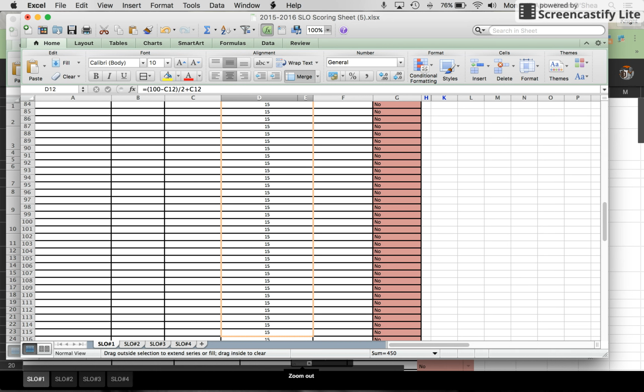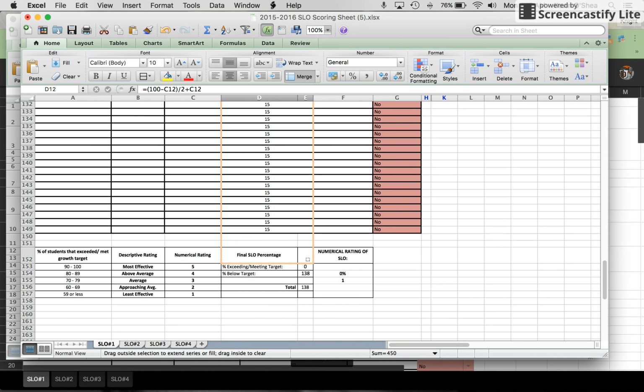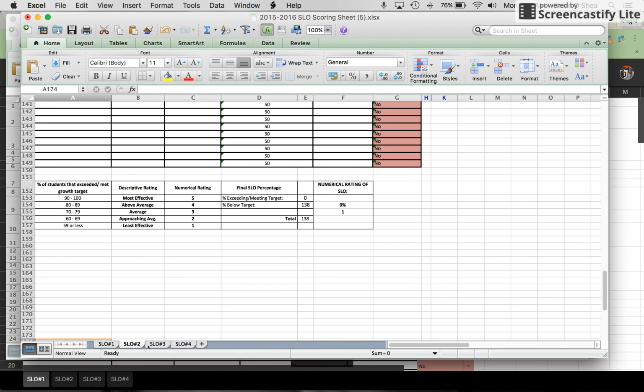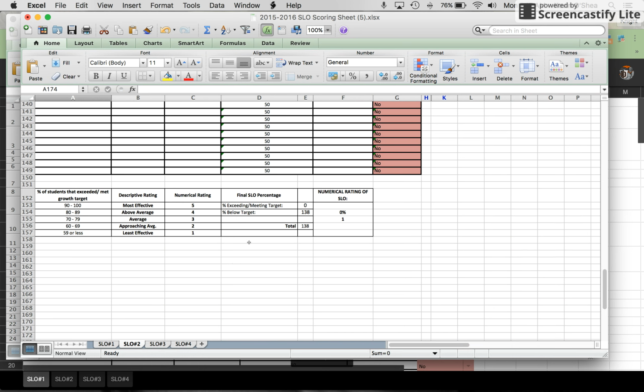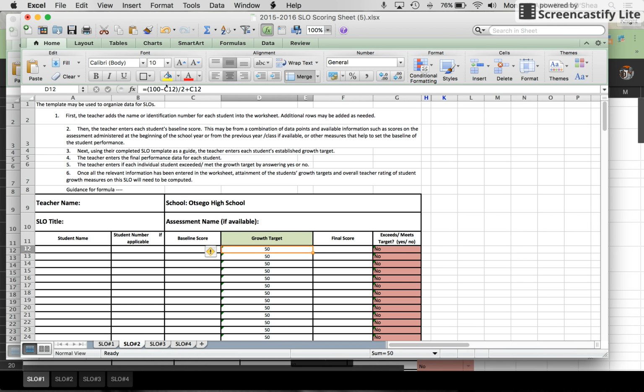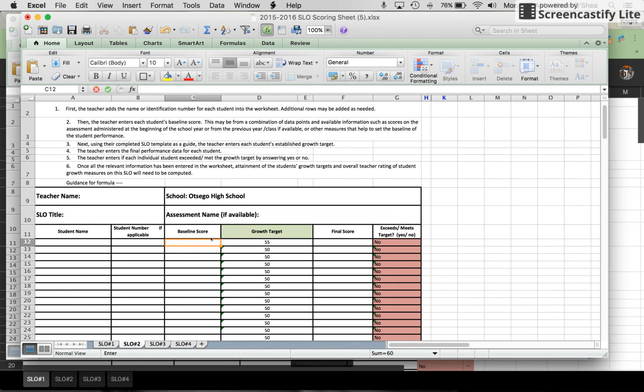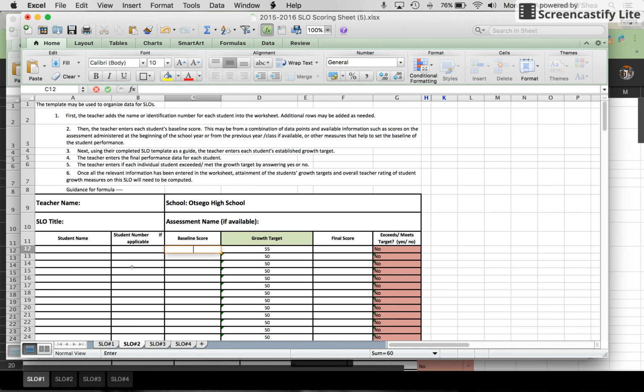Also, with this Excel sheet, notice at the bottom of the Excel sheet, there are tabs that say SLO1, SLO2, SLO3, and SLO4. Please make sure each one of those pages reflect the same equation and that they're all working properly, so that you know that each sheet is working. Ultimately, that's the checklist. Pretty simple to use, but if you have any questions, please feel free to come down